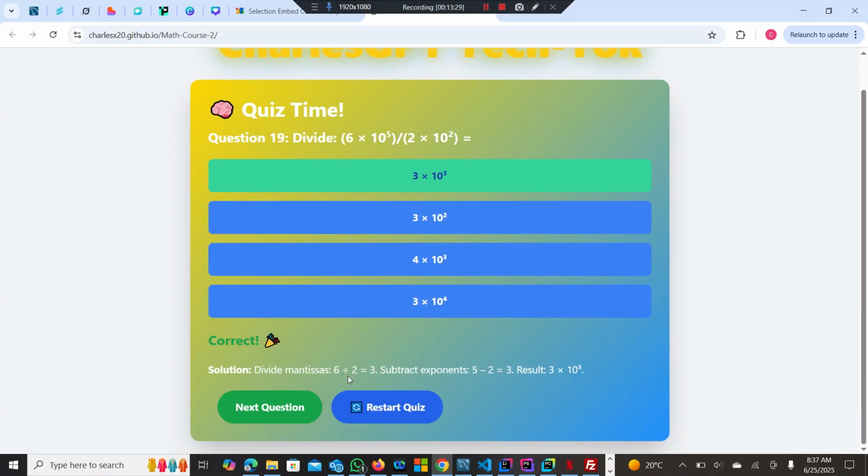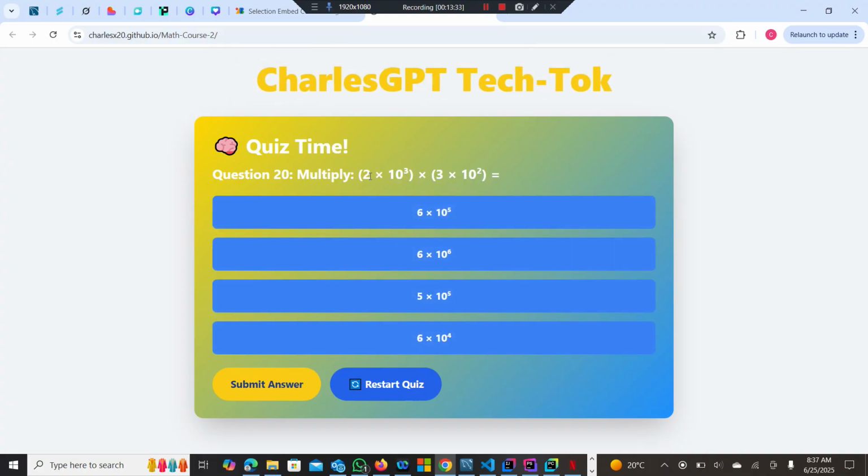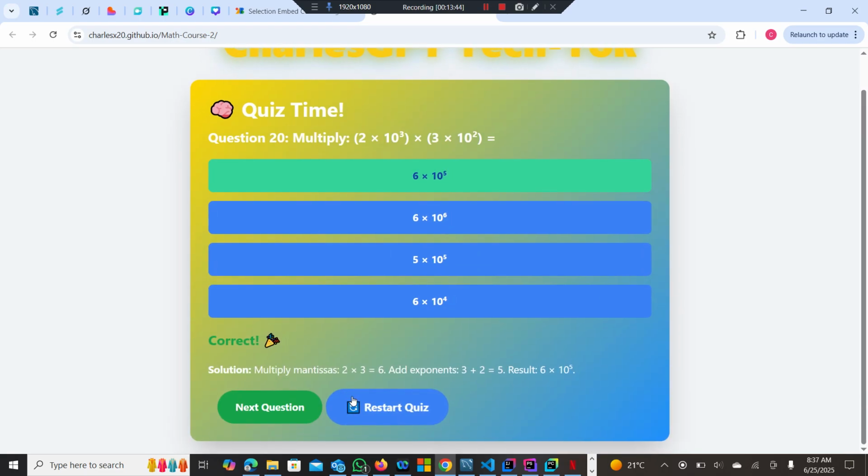Click, correct. Next question, multiply. Okay, multiplication, you multiply the mantissas: 2 times 3 would be 6. Then you add the exponents. 3 plus 2 would be 5. So this is the correct answer, I guess. Correct. And it gives you the solution. So next,